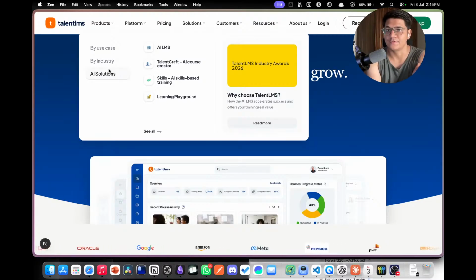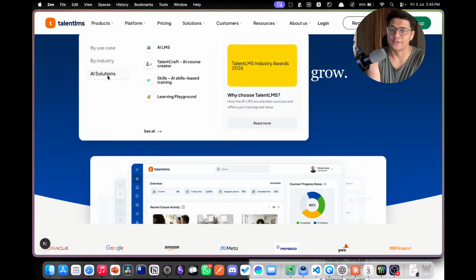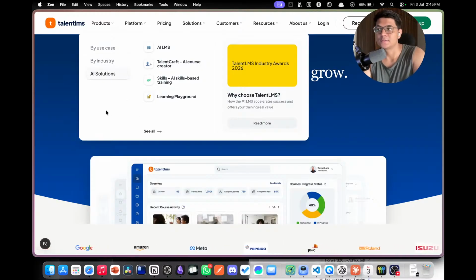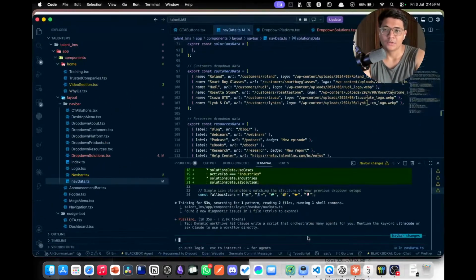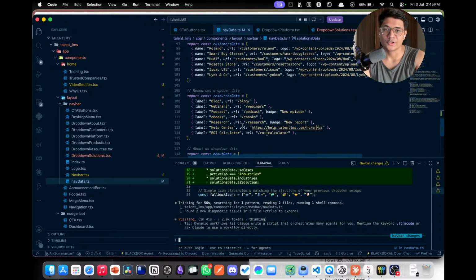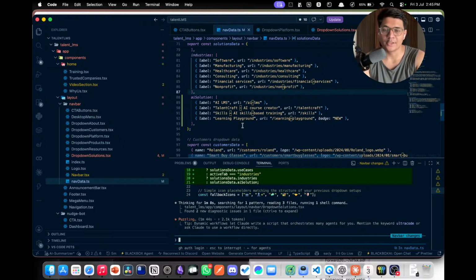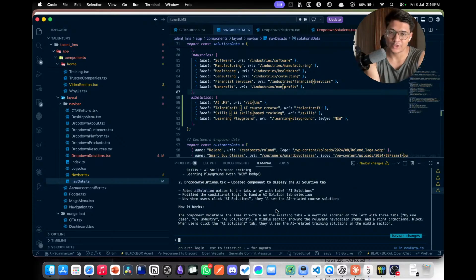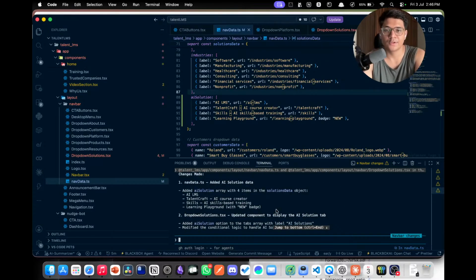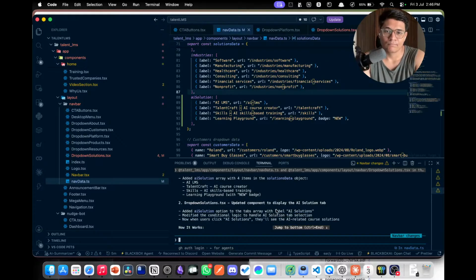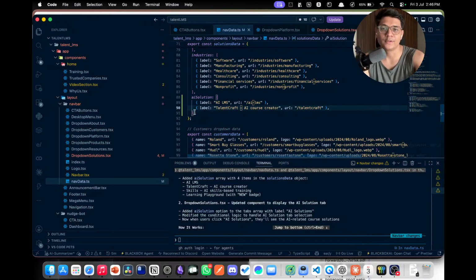But instead of these four things, we just need two. One is AI summarizer, other is the nudge bot. So let it work for a second and we'll just change the nav data.ts. Okay, this thing will be changed. It has done everything for us. That is great. We'll remove these two things. We don't need them. And instead of AI LMS, we will add